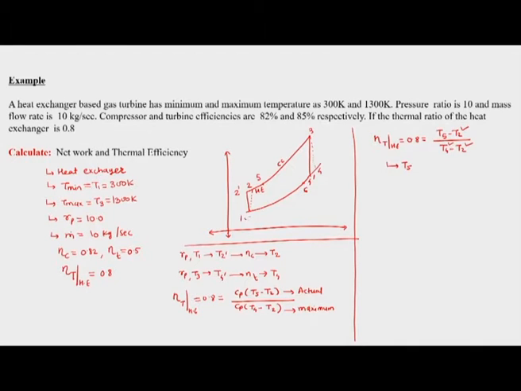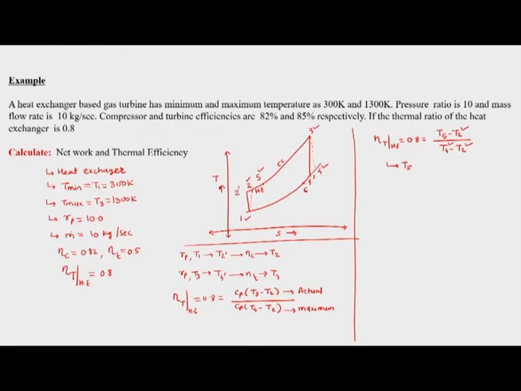So we know now everything at 1, everything at 2, everything at 5, everything at 3 and everything at 4. So we now know all the properties at all the corners for the cycle. This example is basically telling us why it is important to draw the power plant thermodynamic cycle before solving the example. By first drawing the cycle and then proceeding with the example, we know what properties are known to us at all the corners. So this should be explicit.